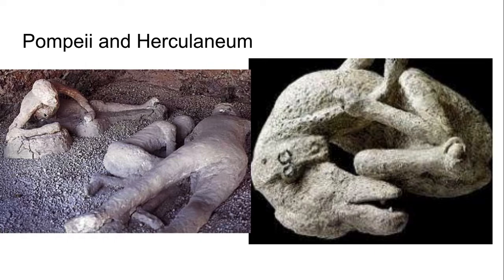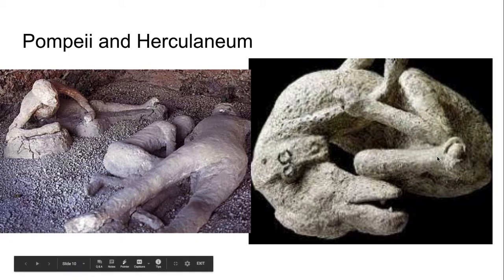So what is left 2,000 years later? This town was covered in ash. These bodies were covered in ash. The bodies themselves of the people have long since decayed and decomposed, and they're not there anymore. But there were spaces left in the rock where their bodies were. So that's what you're looking at here. They're casts, kind of like shadows, if you will. This is a dog, obviously, who unfortunately met the same fate as its master.